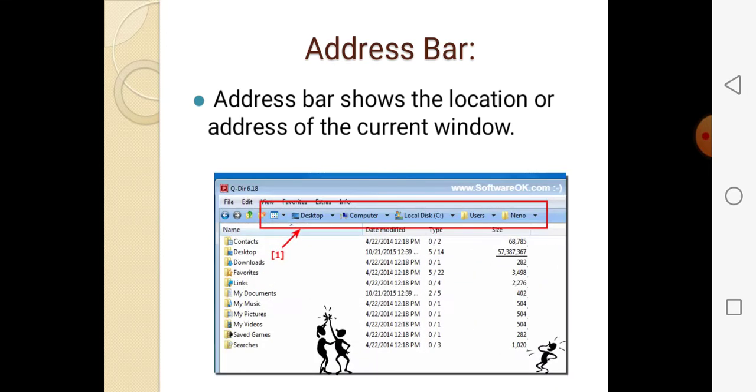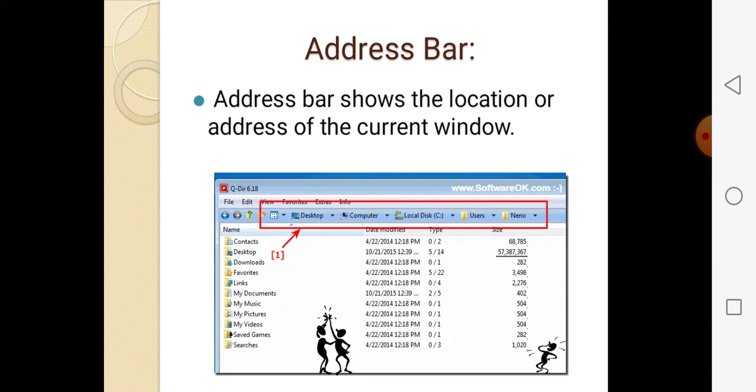Suppose there is a folder named nano. On the desktop, in Computer, in Local Disk C, then in Users, in nano there is a file. See here I put a rectangular picture.